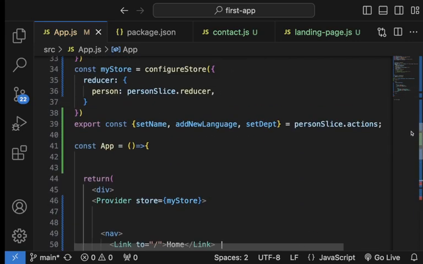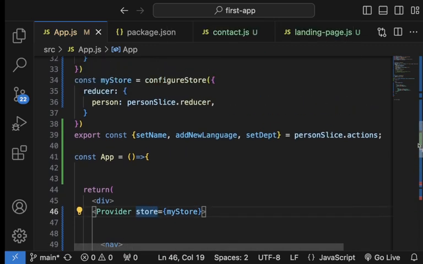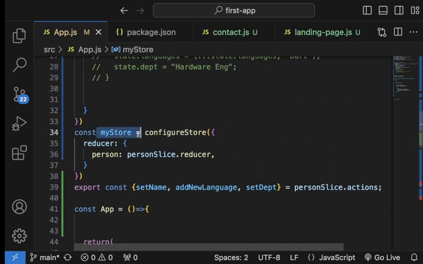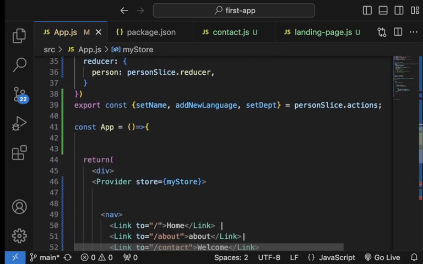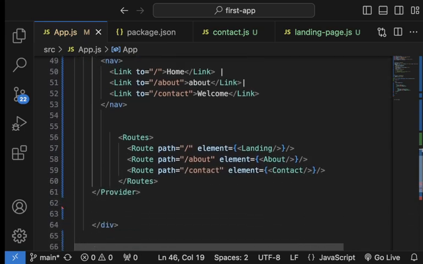And we are saying that it's expecting this attribute or prop called store, and we are saying let the value be my store. So now everything wrapped inside this Provider can have access to everything in our store. So when it's time to use the value of your store in any of your components, you just go to that component and call on useSelector. Let's go to